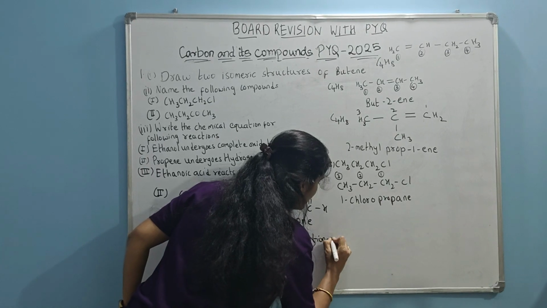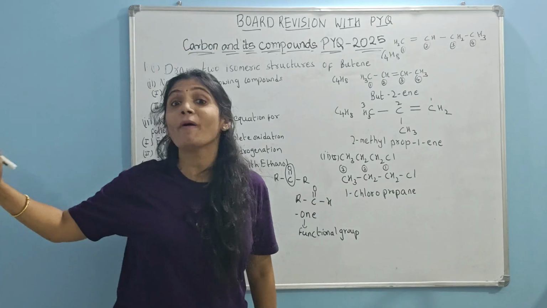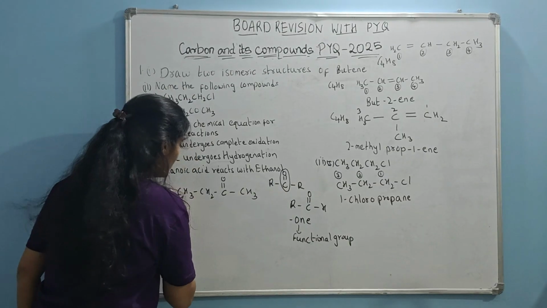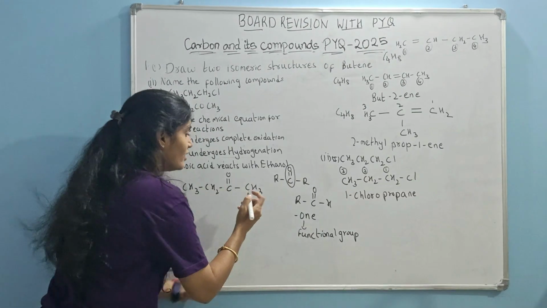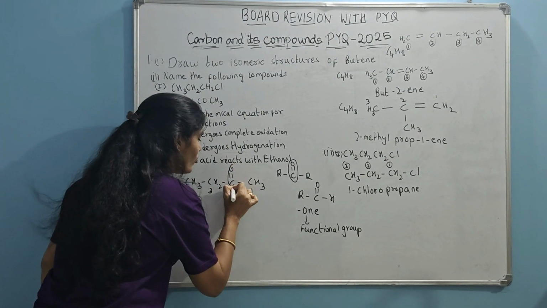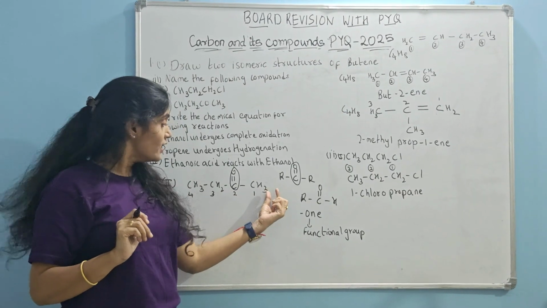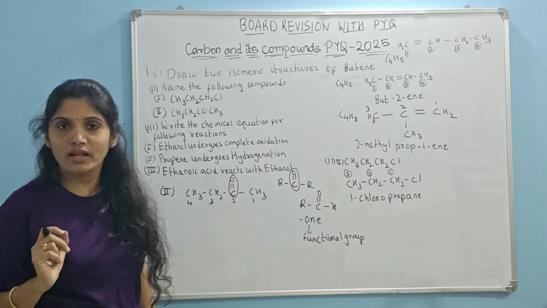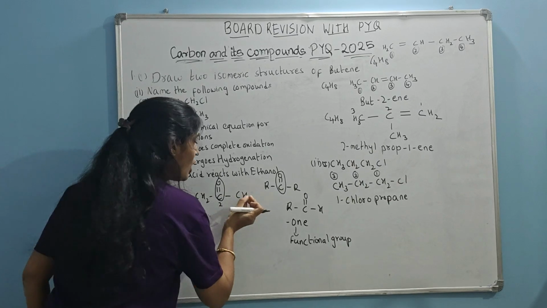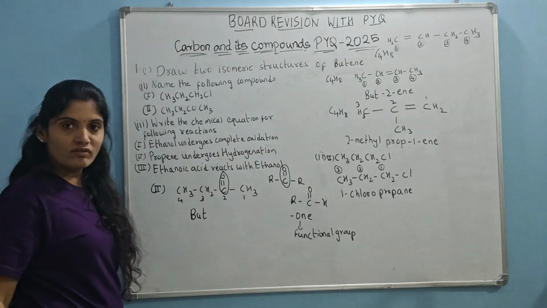Whenever I have to represent a functional group in the name, I will always represent it as the suffix at the end of the name. Now how should I number it? I will not number it from the left side, I will number it from the right side. Because if I number from the right side, the ketone group will get the least number, 2. If I number from this side, it will get number 3. That is the reason I am numbering it from the right side. Now how many carbons are there in the main chain? 4. So it will be but-.